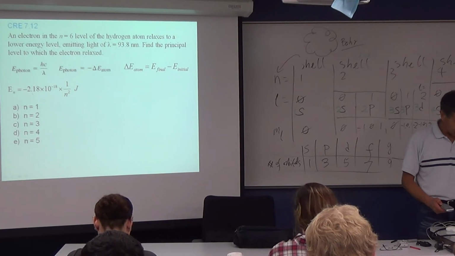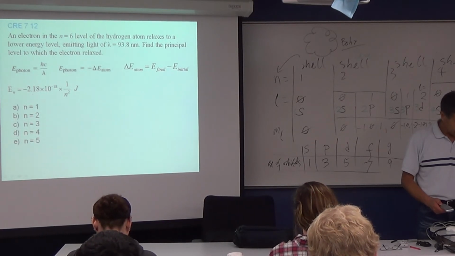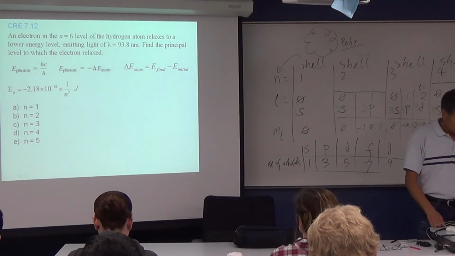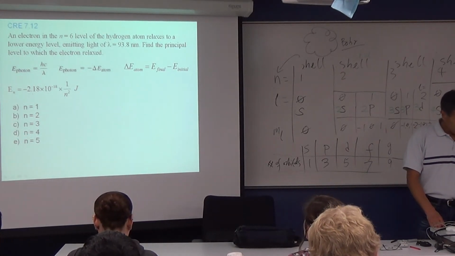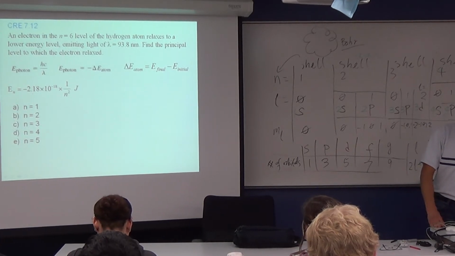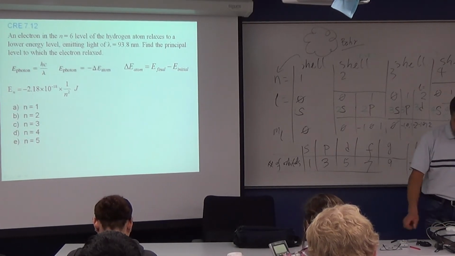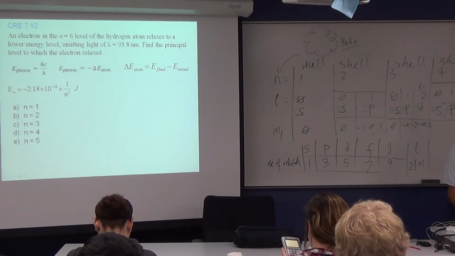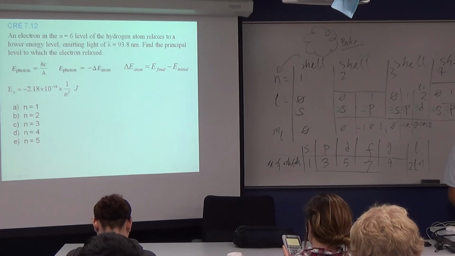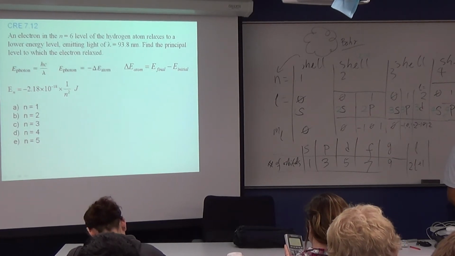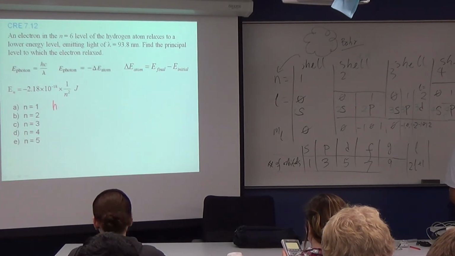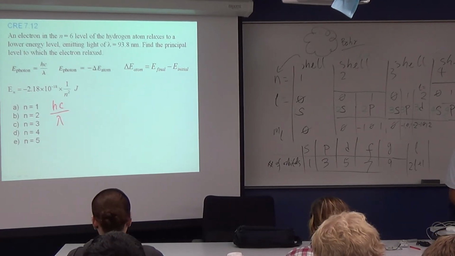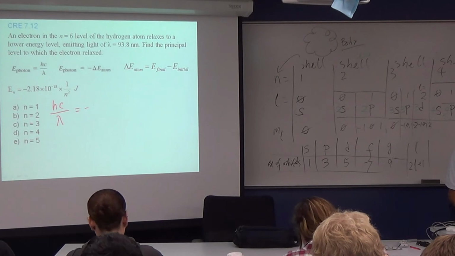I think that's the last one, right? Yeah, this is the last one. So what you do, just try to use that one again. Try to use this equation. So I will tell you that equation. Find the principal of the level 2. So let's start from this one again. H divided by lambda, and that will equal negative.